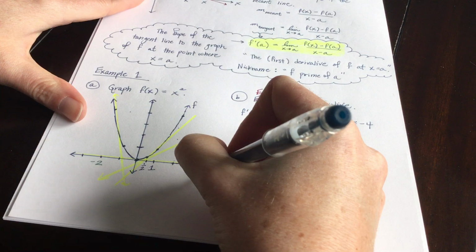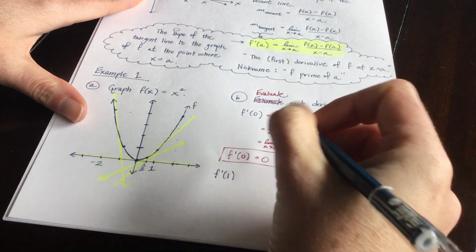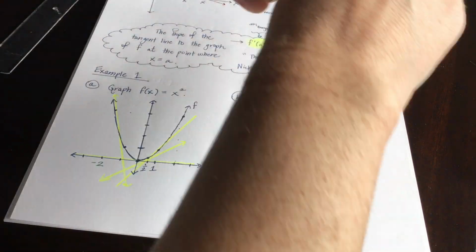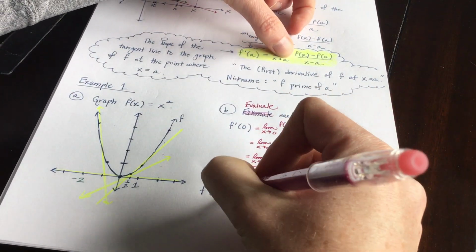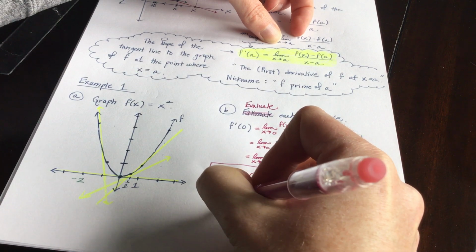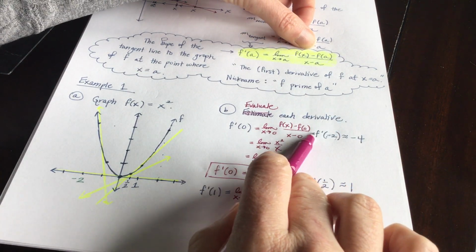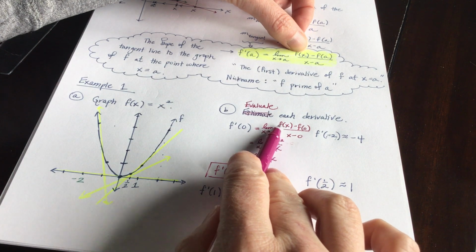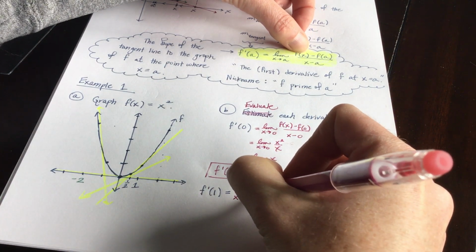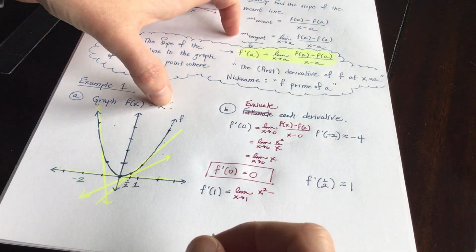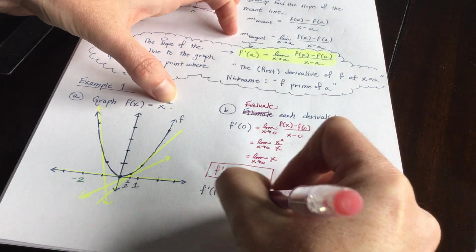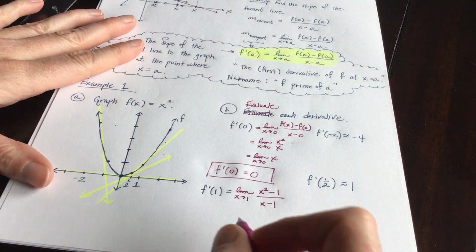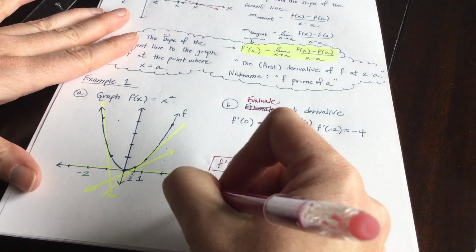All right, my friends, so now f prime of 1. We thought that it was about 2. Let's check and see what it is. So we're going to go ahead and use this definition. This time your a value is 1. So this would be the limit as x approaches 1. I'm going to skip the step where I write f of x minus f of 1 over x minus 1. And I'm going to replace f of x with x squared. f of 1 would be 1 squared, over x minus 1. If you do direct substitution, you can see you'd get 0 over 0, so we're going to use the factor